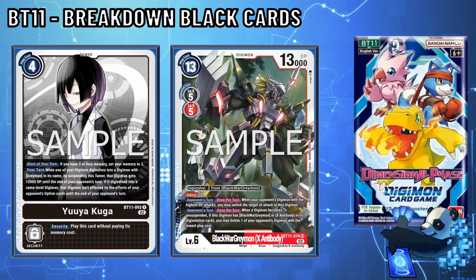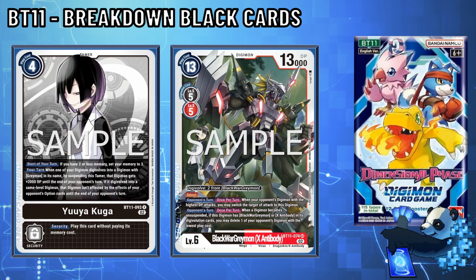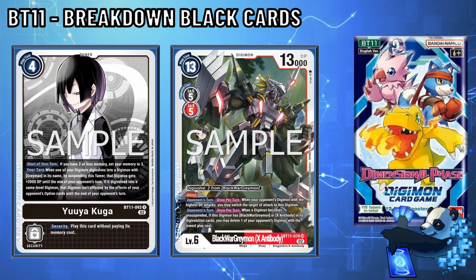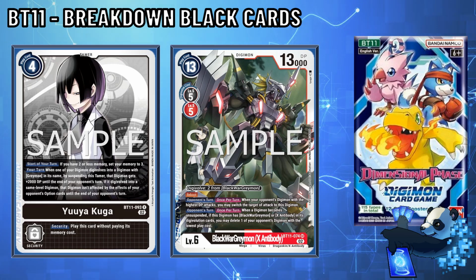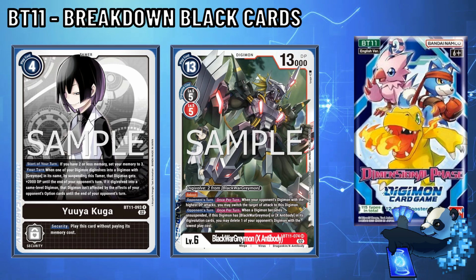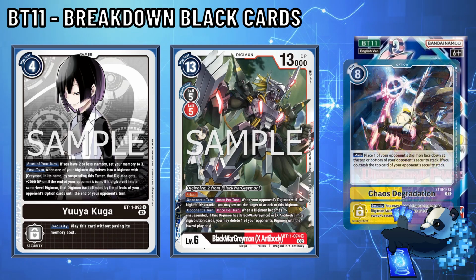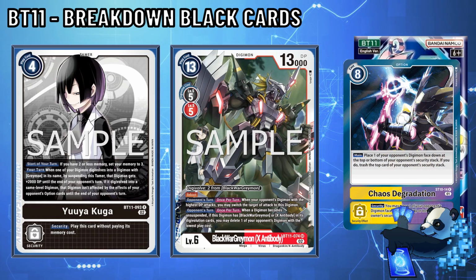But wait! There's more! If that Digivolution into Greymon was the same level, that Digimon is unaffected by option cards. So you now have built-in option card protection against the Digimon specifically. While it doesn't nullify cards like Hammerspark, cards like Chaos Degrade Hidden Security that would normally target your Greymon Digimon